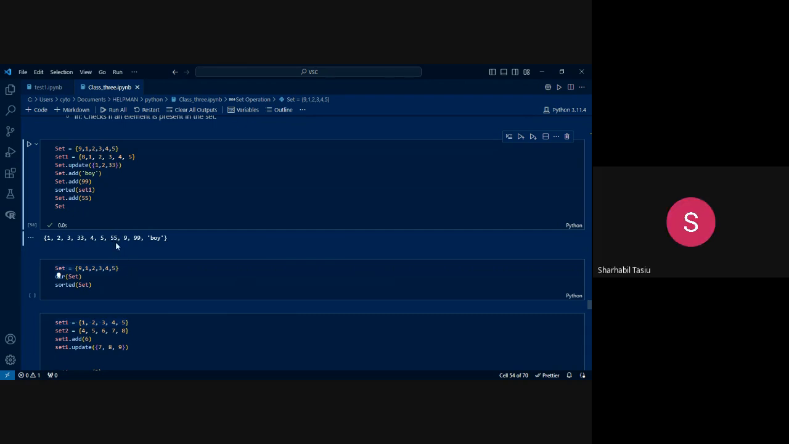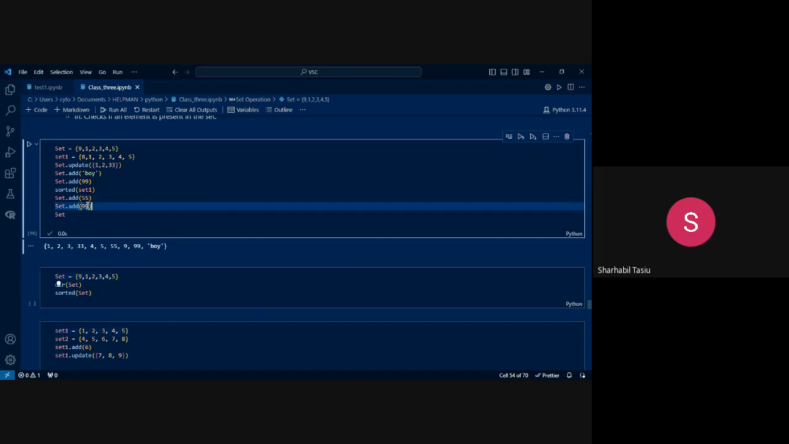Like you see, that's 55, so it comes with 5. It's looking at it as just numbers. Numbers have more precedence than alphabets. If I put any string there, integers have more value than strings. Let me say 99 is a string. So if we don't want it to be like 1, 2, 3, 4, 5, 9, 33, 55, 99,